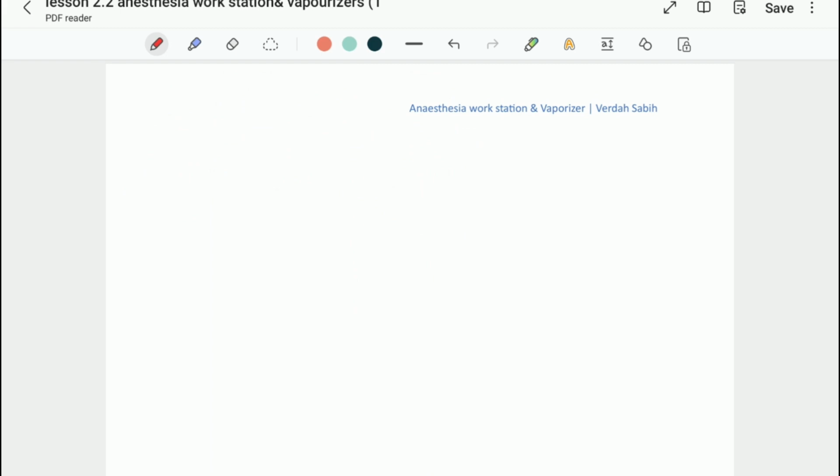So to understand how to calculate the plenum vaporizer output, you have to understand how a high pressure carrier gas is manipulated to deliver a clinically useful concentration from a highly volatile liquid. The calculation of the output can be approached through three primary conceptual layers. That is, first, the concentration within the vaporizing chamber, then the splitting ratio, and then finally the final volume of vapors produced. So, how will we calculate the concentration in the vaporizing chamber?